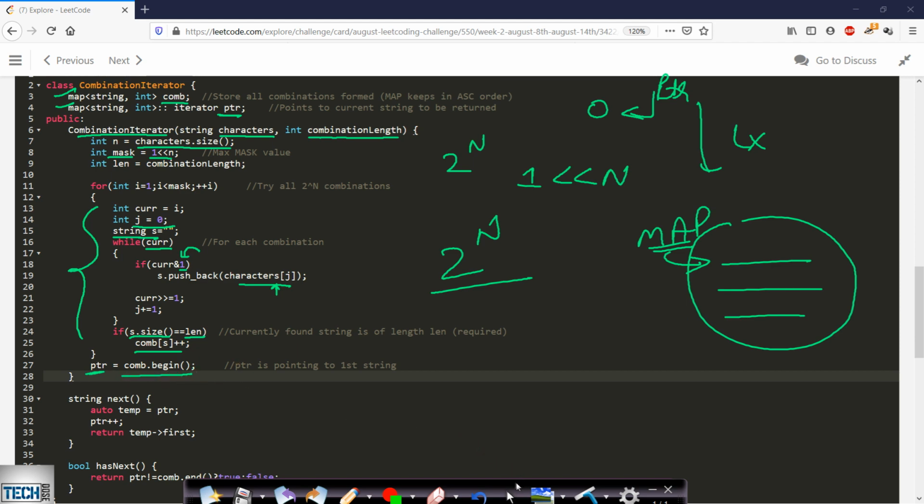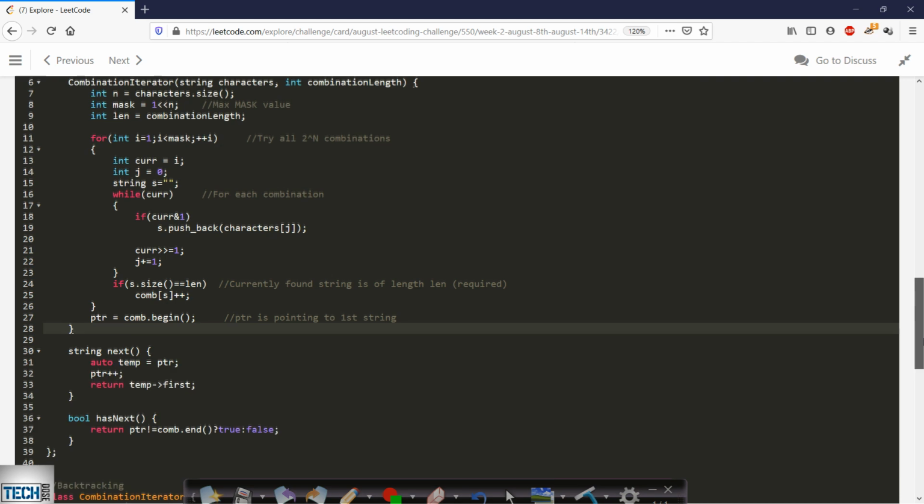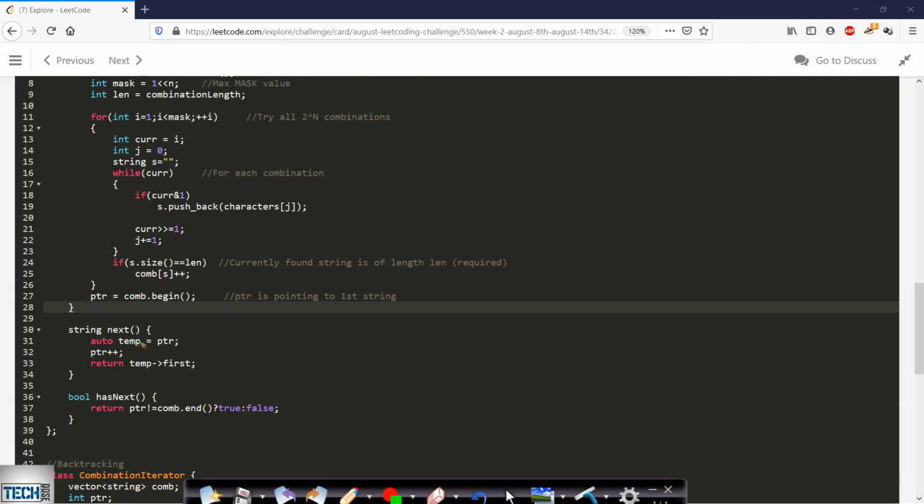So now we have two operations to perform. The first operation is the next operation. For the next operation, since our pointer is pointing to the first string, we will be storing the string, that is this pointer itself, in temp, and we will be updating this pointer to point to the next string, and simply we will be returning this first string. This will be our answer.